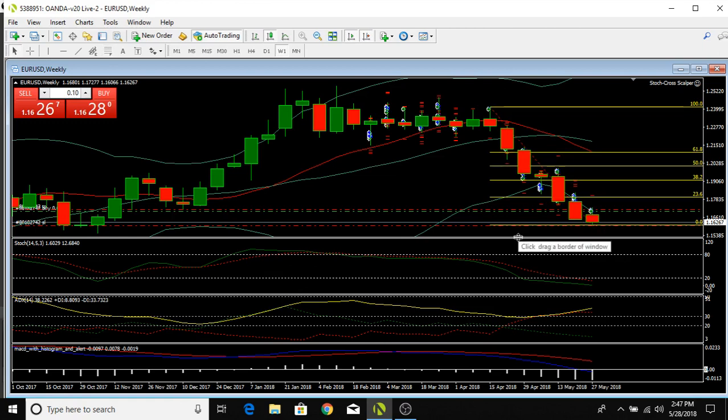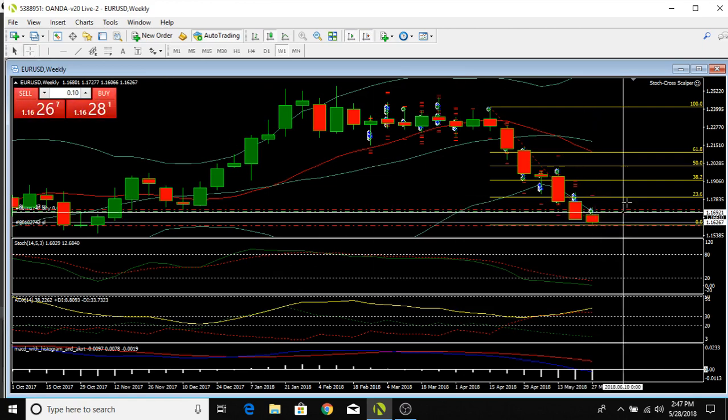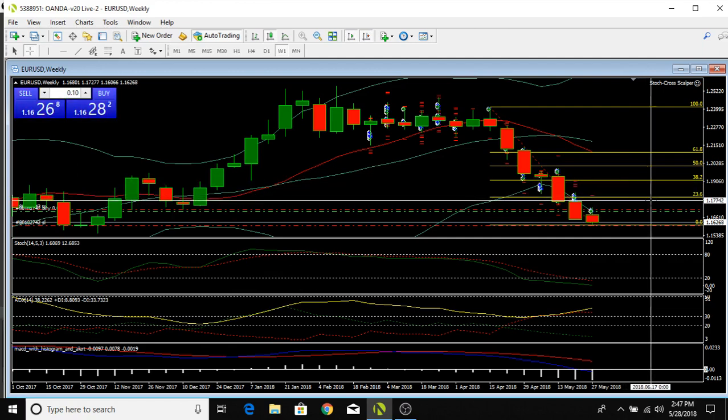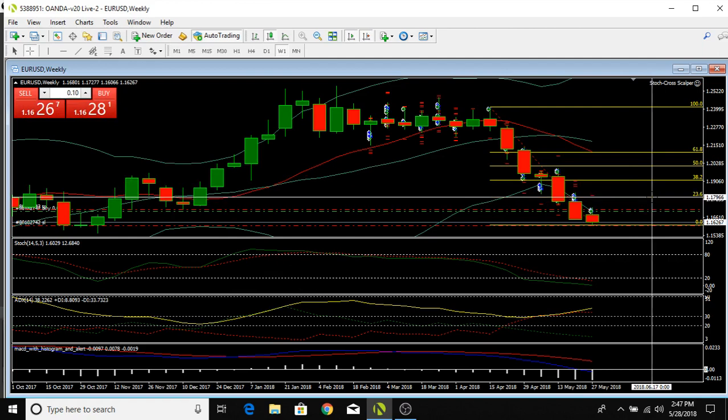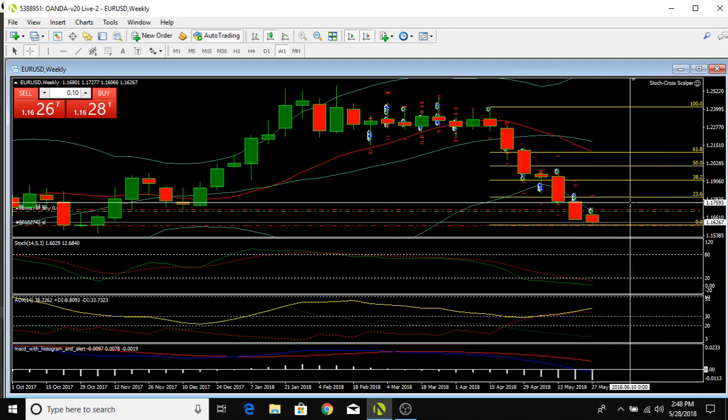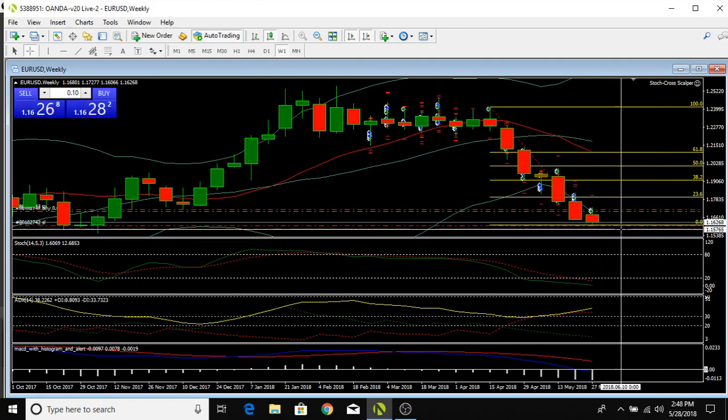All right. So on the retrace, I think that this week we will get up to the 23.6% retrace, and possibly up to the 38, but I think definitely up to 23. That puts us at about 1.18, in that range. So I do think it's going to come back up. I think it might go down a little bit more before it does that.